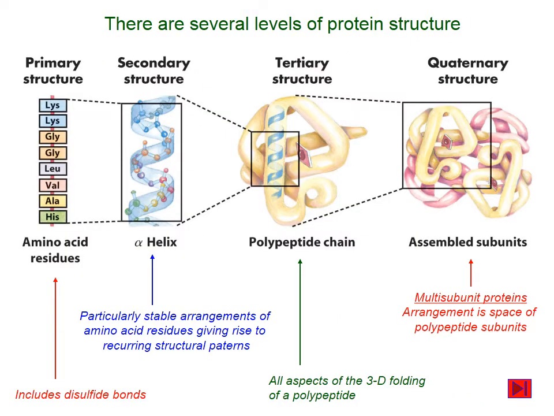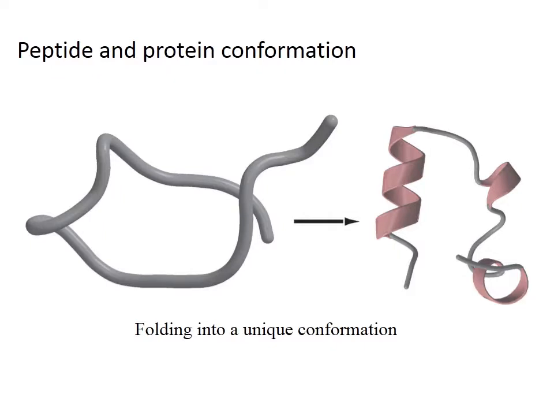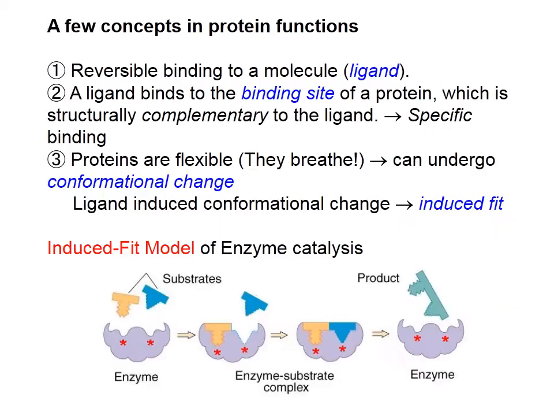the levels of protein structure ranging from primary, secondary, tertiary, and quaternary structures, the peptide and the protein conformation, the peptide bond conformation, as well as the different conformations of proteins. How do proteins fold? We are going to briefly talk about protein functions and the concepts in protein function, including